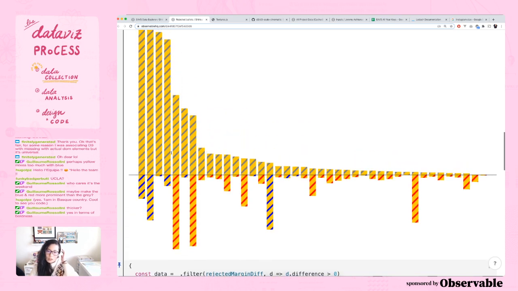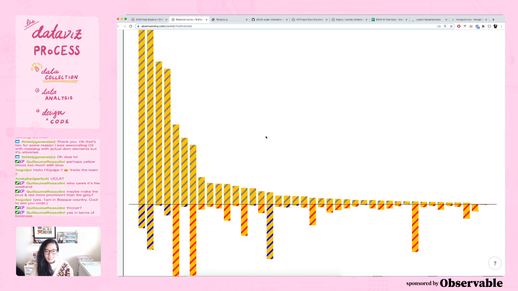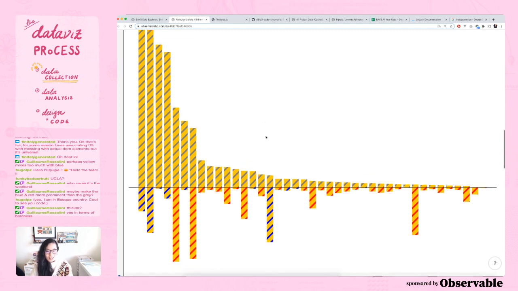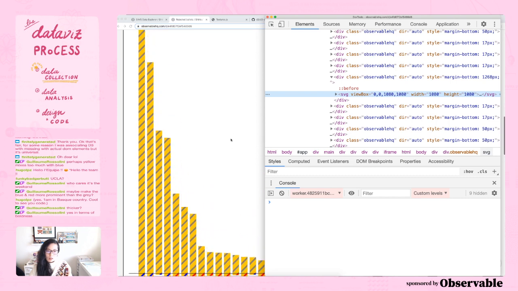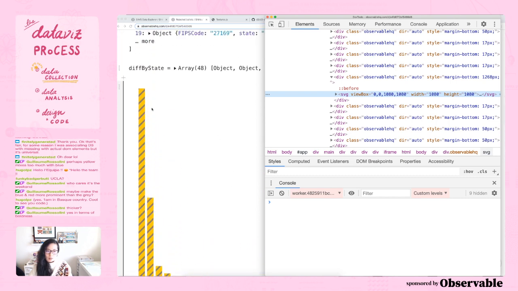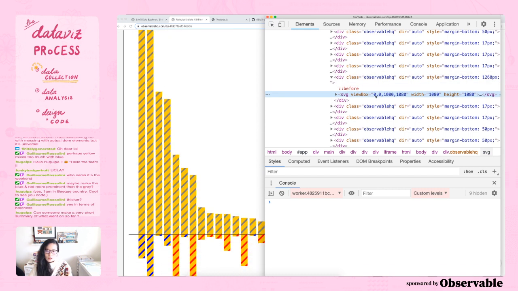Ooh, I just think the yellow is a bad background color, so I'll change it to something else. Yeah, the yellow is a mistake. I was gonna show because I think that's all of the, wow, look at that one. Okay, now this is the fun part. You can copy, so I just copied the SVG,